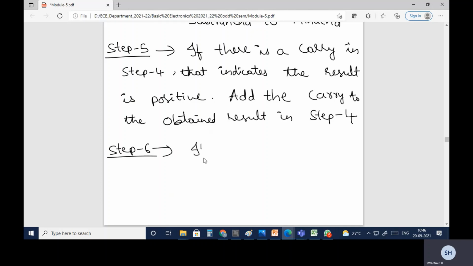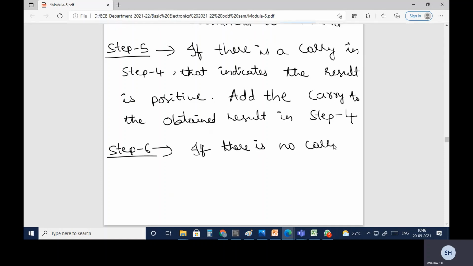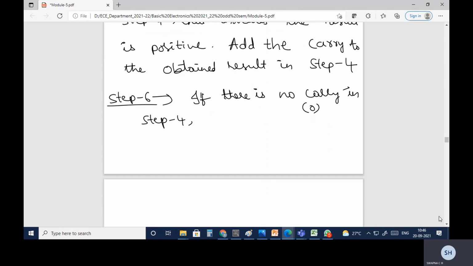Let me assume that there is no carry in step 4. No carry indicates there is a 0 in the carry place, while a carry indicates there is a 1 in the carry place. I'll explain with one example.